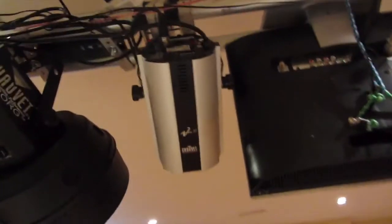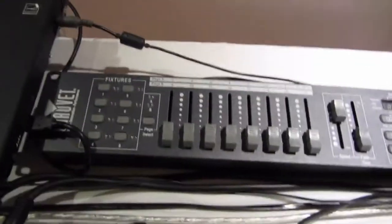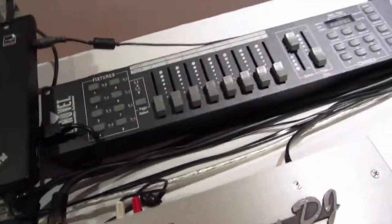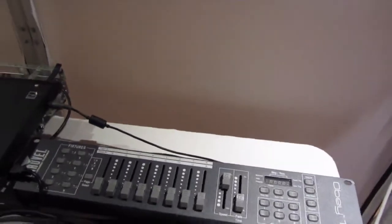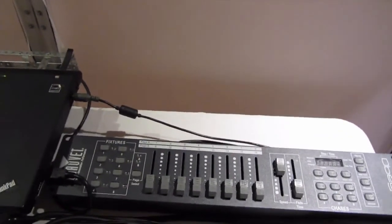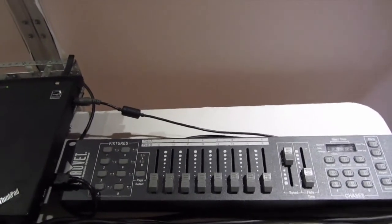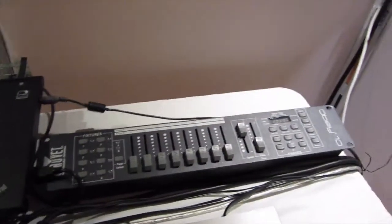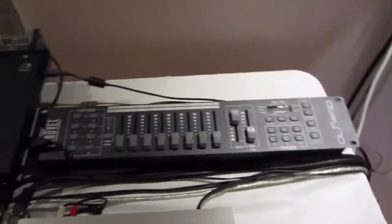Oh, and to control the DMX light, so this View 1.1 and my lighting strip over here, I use a Chauvet Obey 10. It's a pretty basic DMX controller. I made a video on it actually a while ago, and it's a more in-depth tutorial on how to do things with this light, because the manual itself is really not user-friendly. It's not clear. It's not really well made, and if someone from Chauvet is watching this, it'd be pretty nice if you could fix it. Anyway,